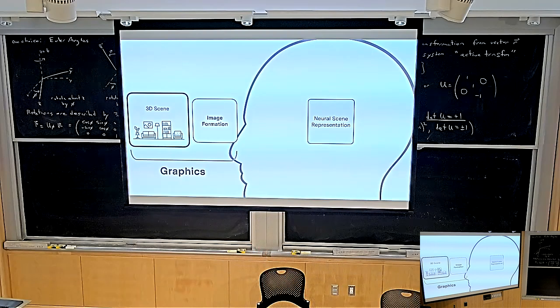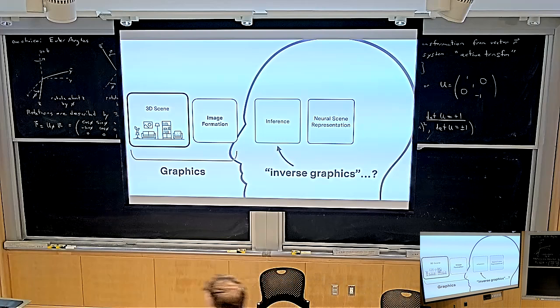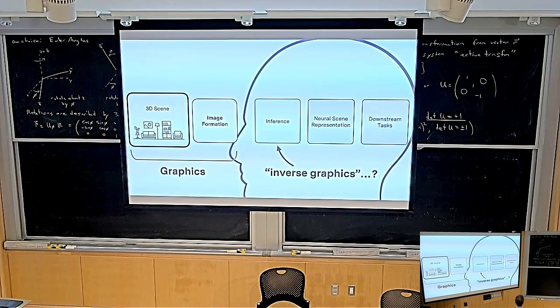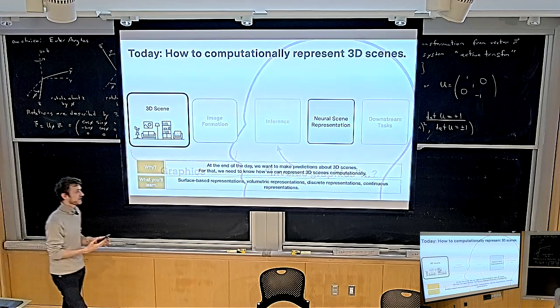So that's computer graphics. And then inverse graphics is the process of going from the images to some 3D representation of the scene in a data-driven way. So you use machine learning, you use experience, to figure out, from the image that I'm seeing, what the underlying 3D state of the world is. And that's the first time we're going to talk about this today, the simplest version of this. Downstream tasks come later. Okay, good. So that's some motivation.